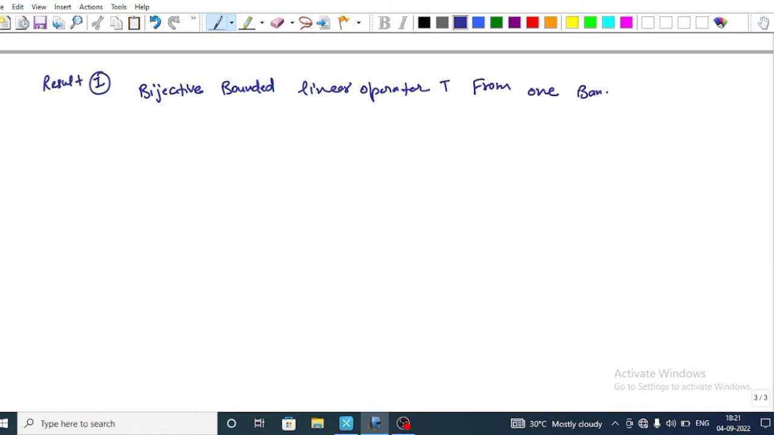Now for this question we use some results. Result first: a bijective bounded linear operator T from one Banach space to another Banach space has a bounded inverse, that we have proved, and